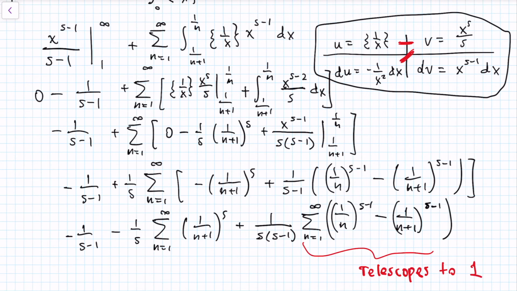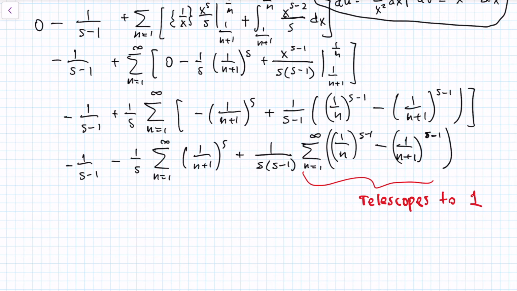Now, you may have to show some detail to show that it actually converges, but what you'll end up getting is actually 1 minus 1 over k plus 1 to the s minus 1, and then as k goes to infinity, that second fraction goes to 0, so you just get 1 there. So in total, we have the following. We have -1 over s minus 1 minus 1 over s times this guy,